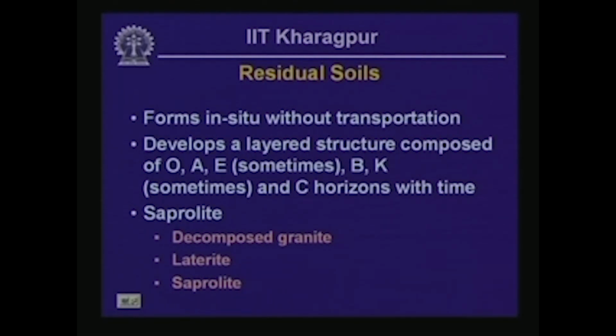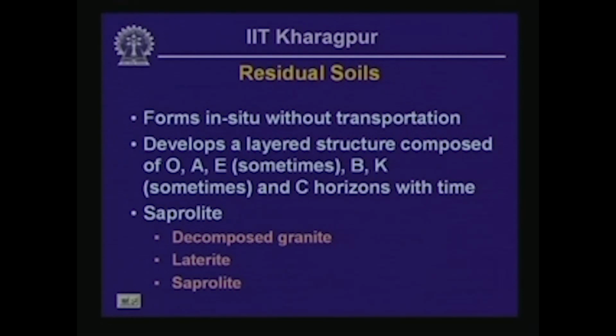Okay. Now, that actually finishes what we looked at: the most abundant weathering action of the most abundant rock forming minerals. Because of weathering, what we get is a thing called residual soils. Residual soils are those soils which form in situ without any transportation of the soil particles, and depending on the time allowed for the weathering process, a layered structure can be developed, and this is composed of